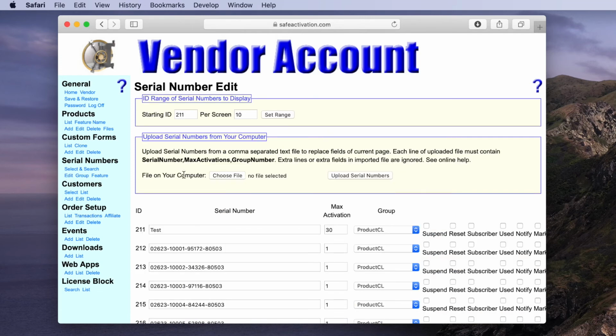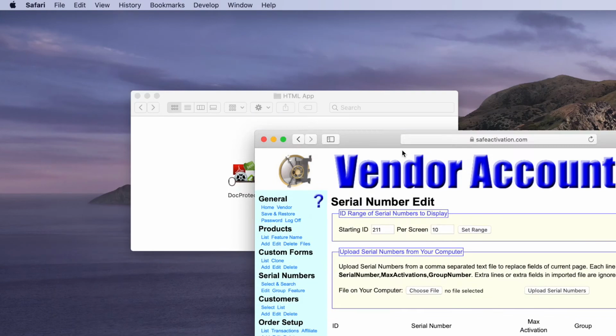If we look at our batch of serial numbers here, any one of these serial numbers can be given to a customer to activate your Android application on their device. And for the purpose of testing, we've created a serial number just called test, so it's easy to enter as we go through the testing process here. So we're going to